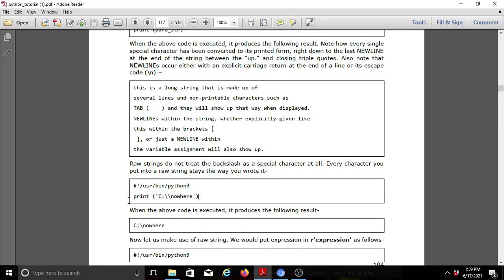The Python interpreter doesn't consider the double slash; it simply prints it as a single slash. This is a point to note. Even if you use a double slash, it considers it as a single slash. That is the main drawback.